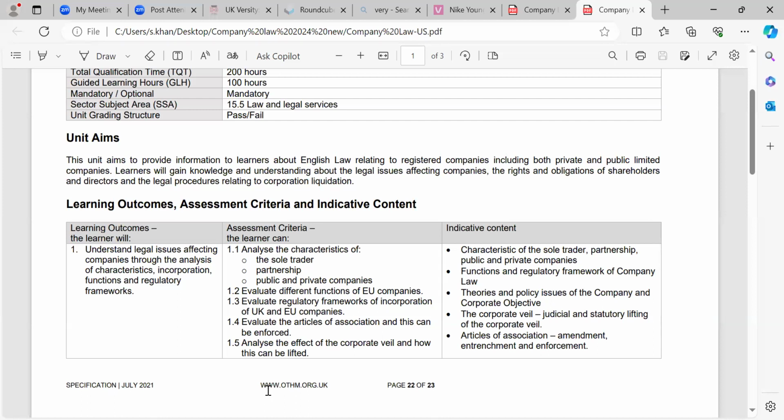We then went on to look at methods for lifting the corporate veil, and we looked at the directors' liability, where directors can be held personally liable for their actions or omissions. We looked at shareholders' liability, and we looked at court intervention. So this was learning outcome 1. We then went on to look at learning outcome 2,